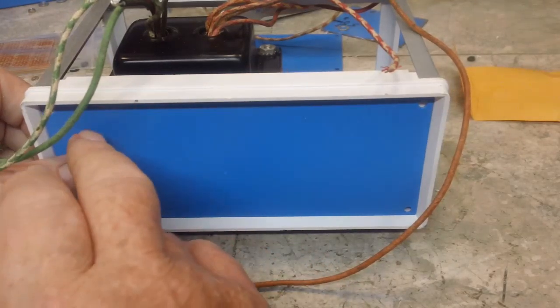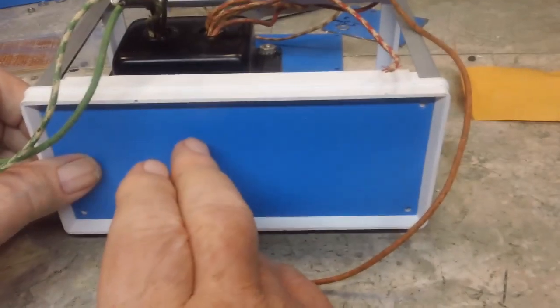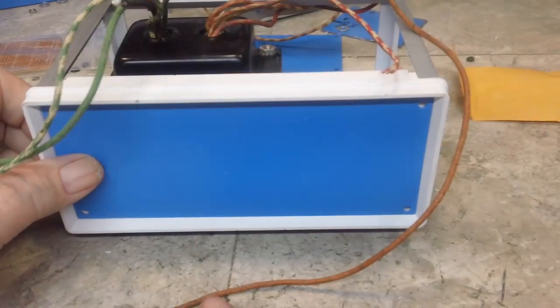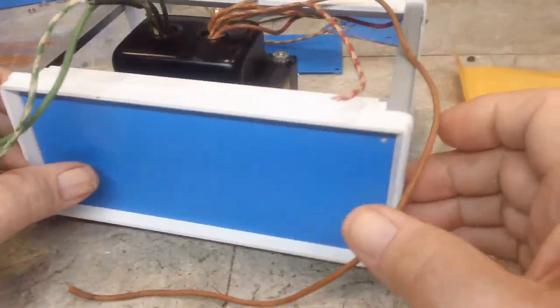But again, like I said, the on-off switch and the potentiometer goes up here, and I think I'm going to mount that as high as I can because this goes in even further on the top. So that's the two I have to go there, and that should do the front. Now the back,